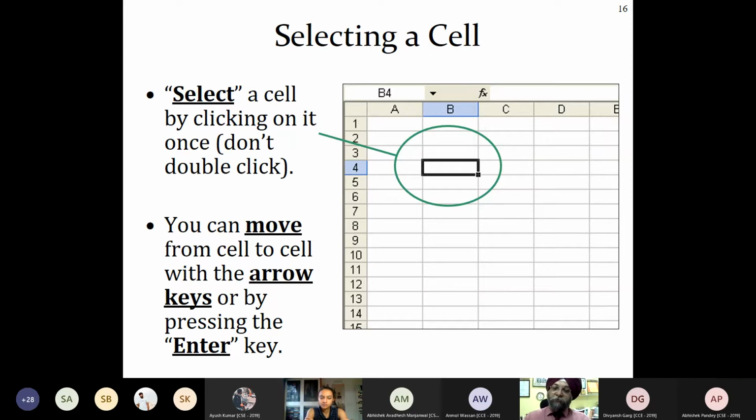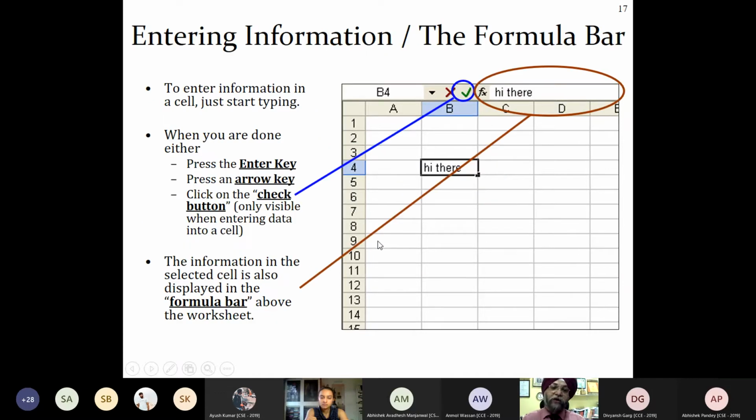With the help of these keys, you can toggle between the cells. If you only want to go down, you can use the enter key also, and if you want to go right, you can use the tab key. Otherwise, arrow keys are the most convenient way. Now, how to enter the information: it can be done from the toolbar also. You can write anything in the toolbar after selecting a cell, and it will be entered in that cell.